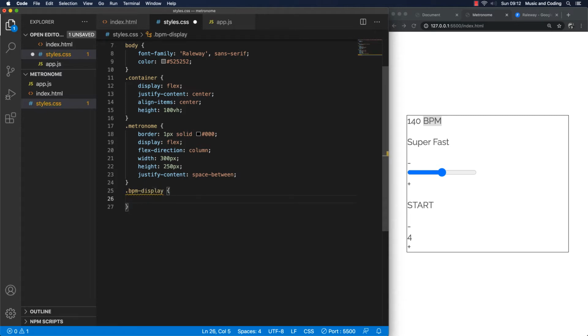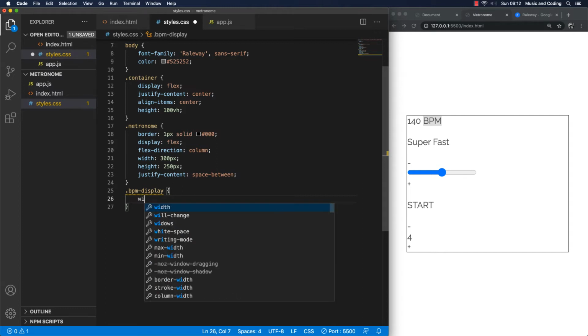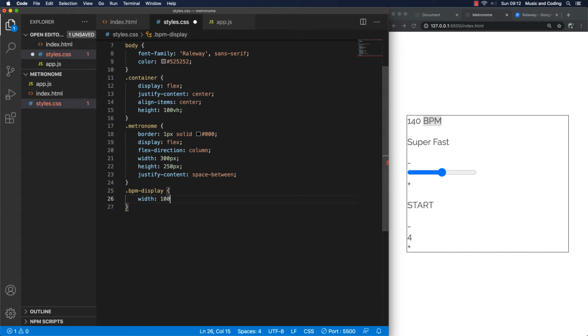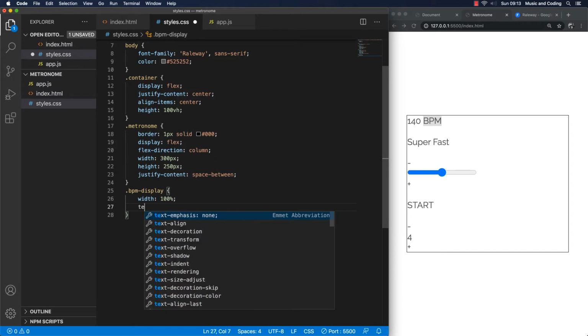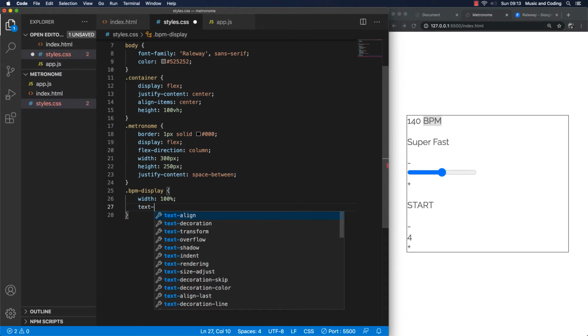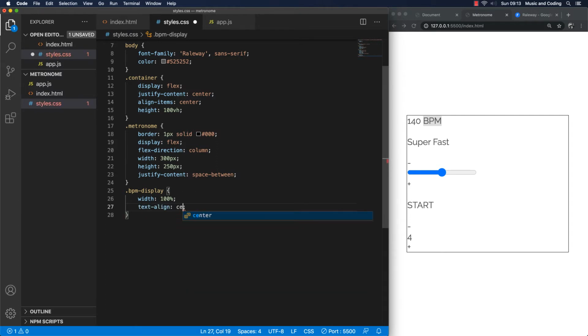This one, we want it to be 100% wide, because we want it to be inside the 300 pixel wide container, metronome container that we have. So I'm just gonna set 100% here, so we know it's 100% wide all the time. Then I'm going to text align the text to the center. And just like this, now it moved to the center, and we're gonna give it a color